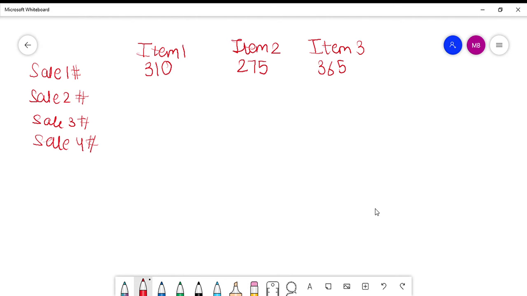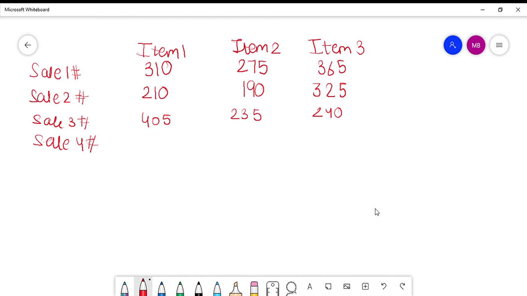Then coming to sales girl 2, she sells 210 quantities of the same item 1, 190 quantity of the same item 2 and 325 quantity of the same item 3. Then coming on to sales girl 3, she sells 405 of item 1. The number of item 1s she sells is 405. Then 235 is the quantity sold by her for item 2 and 240 is the quantity sold for item 3.